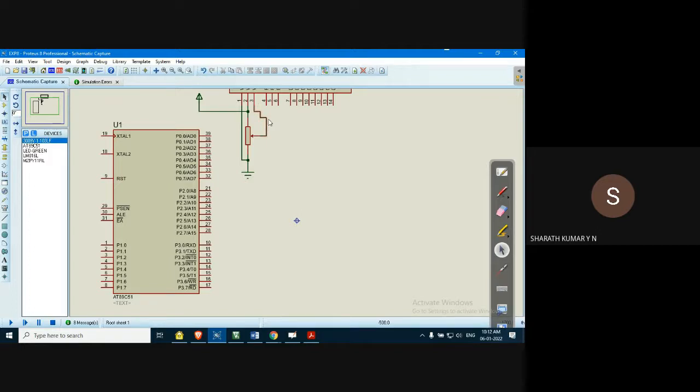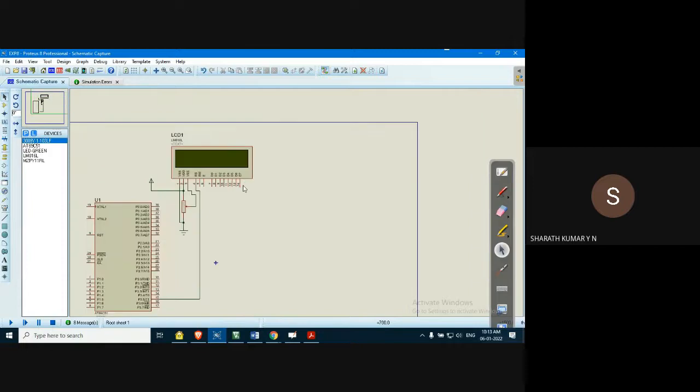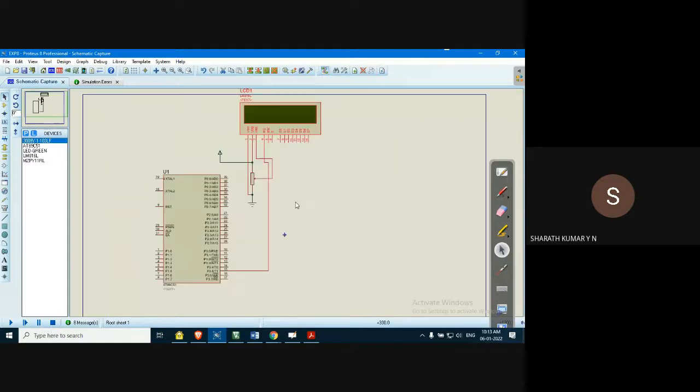Something like that, so that we can get some space to connect the RS pin, because you can see that the wire will automatically reshape itself according to the component placement. Okay, RS pin is P3.5, RW pin is... what you call again, it's a problem. Okay, we'll do one thing, no issues. In this case, let us drag this to somewhere here so that we get extra space. No problem. Okay, here we go.